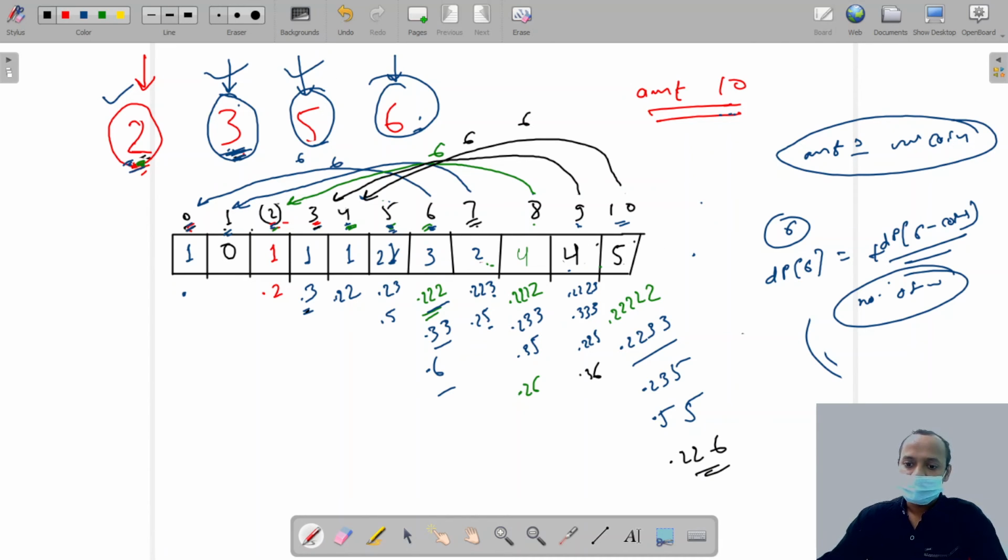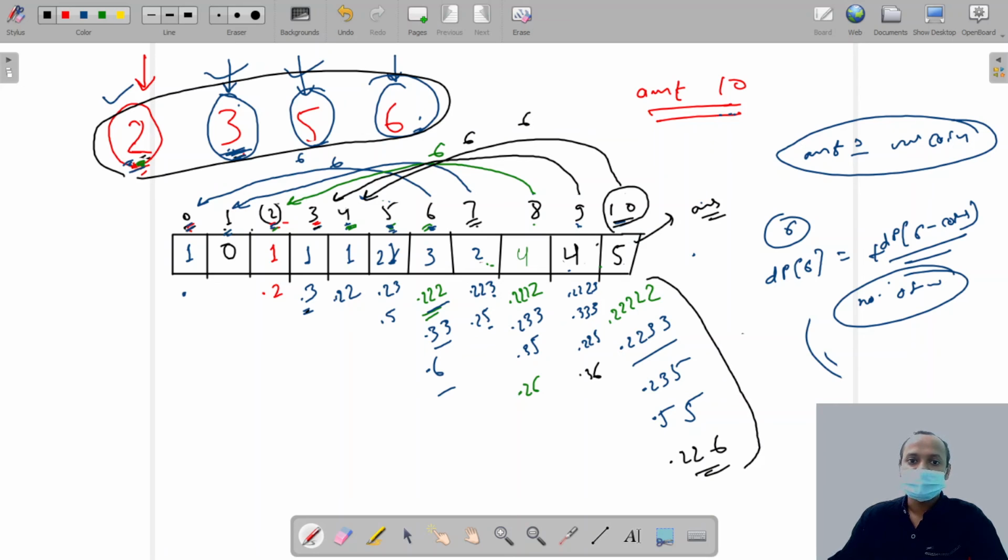Here we get our answer, because this is the question: if we have amount 10, how many ways can we pay this amount using these coins? We have to tell only combinations, not permutations. So no coin repeats after another coin. If you see 2 2, then 3 3, there is no 2 after 3. Now I think you understand the question, so try it by yourself, then see the code.